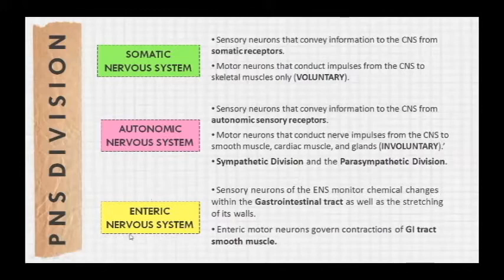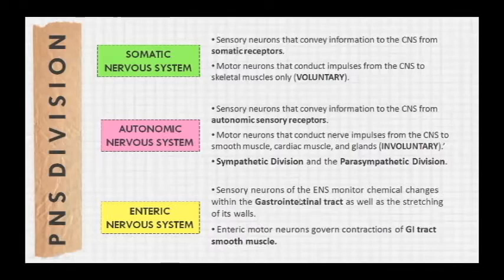If you will see, the enteric division is somehow isolated from the sympathetic and parasympathetic division. It is because the sympathetic and parasympathetic division are primarily focused on the smooth muscle, cardiac muscle, and glands. However, the enteric nervous system or the enteric division, which is also under the autonomic nervous system, is specifically focused